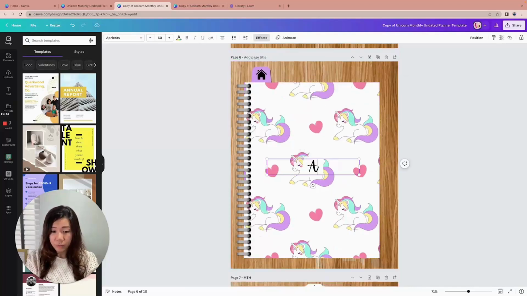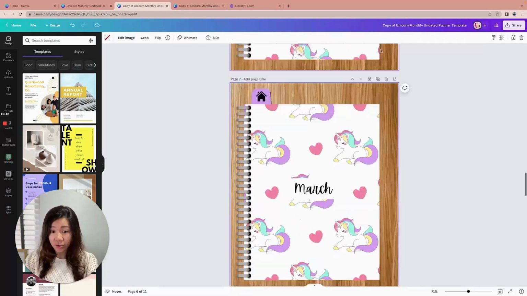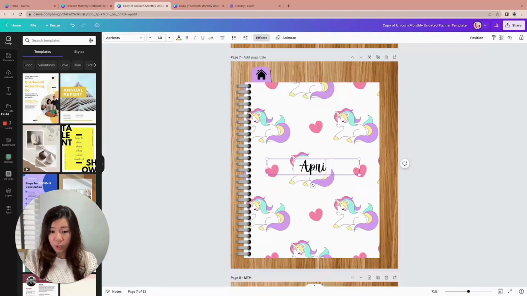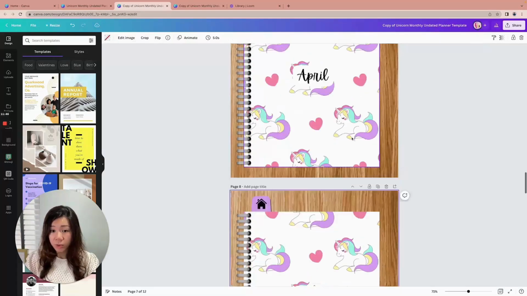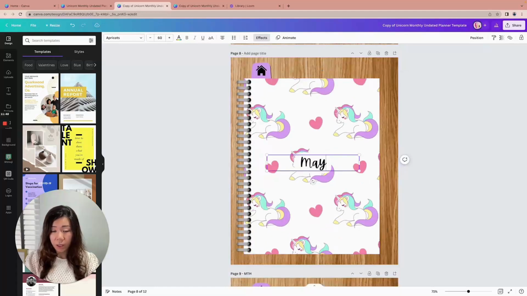Duplicating. March, duplicate here, the duplicate page icon on the top right corner of this page itself, and going to April, duplicate, May, June,